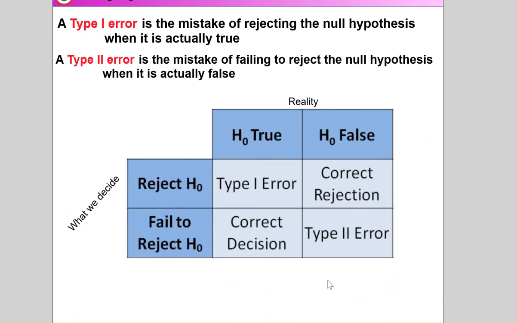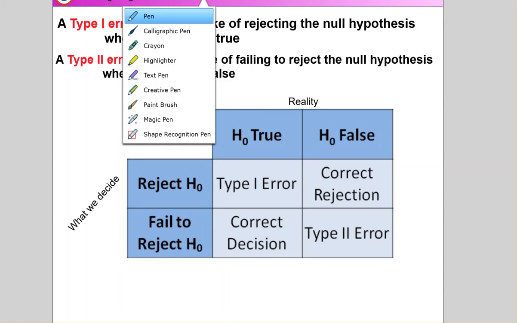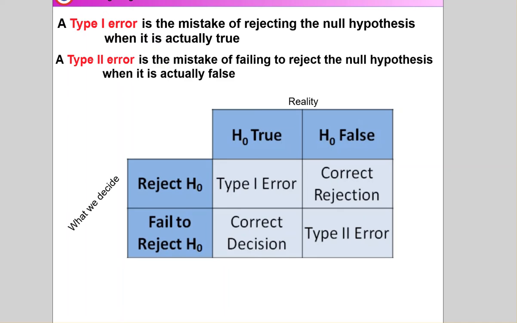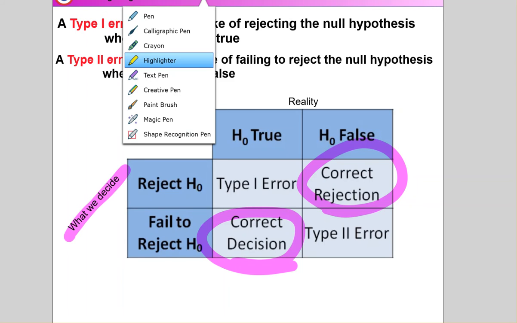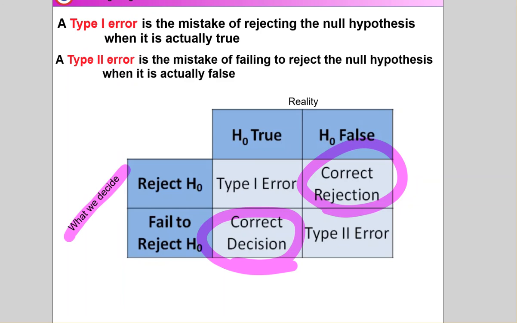So if you reject the null hypothesis, and that was the correct thing to do, this is correct. I rejected and it was false. Great. If I fail to reject and it's true, again, we made the correct decision in that situation. We kept the null hypothesis and the null hypothesis was true. This is what we decide